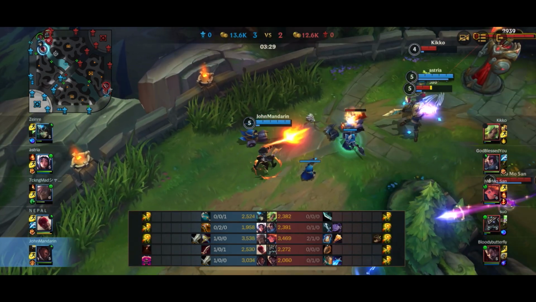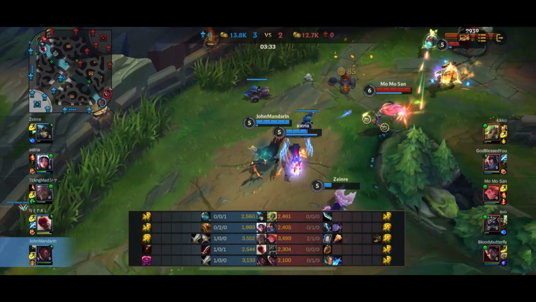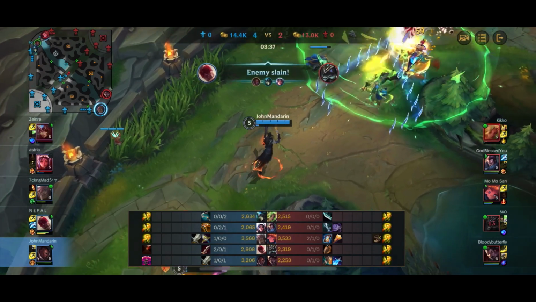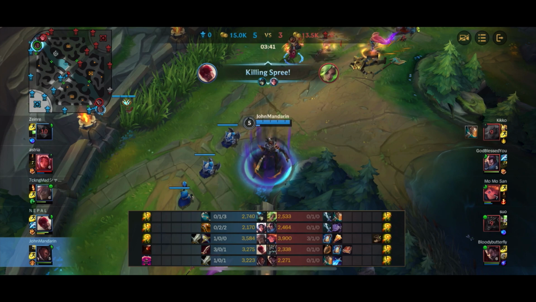Zoe with the Proto Belt W. Aurelia goes in, gets a double stun. I go in, but again, I don't really do very much damage with no items. Here, Aurelia and Lucian go in, pick up a double kill, and here I back off, but for some reason